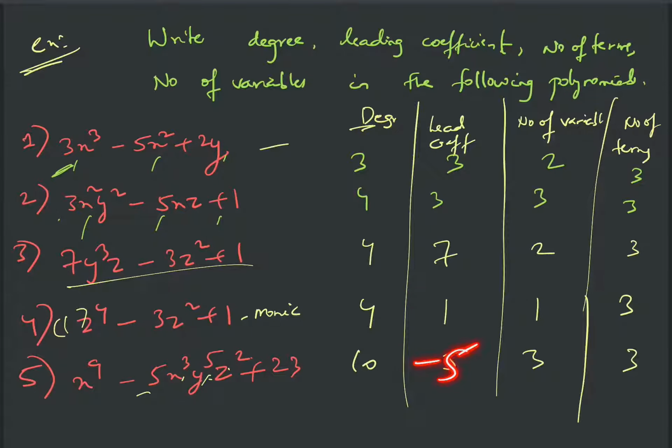So although I have written that the leading coefficient is minus 5 here, or 7 here, or 3 here, let us just wipe that out, right? We will discuss the leading coefficient when we have a single-variable polynomial only. So let us render this as invalid. We'll just let it be for this one, because this is a polynomial only in one variable z, so I can say that the leading coefficient is 1. So fine, I think now this is clear, right?